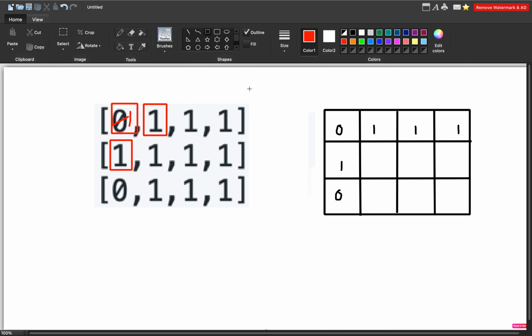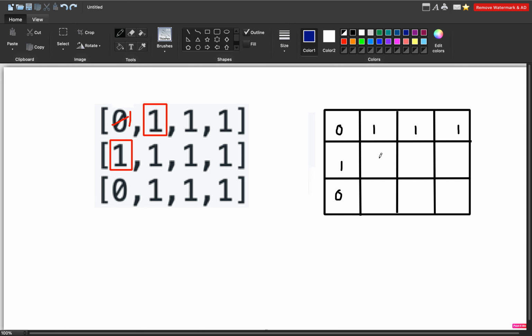Now it is possible that this one will contribute to make the side of the new square to be 2. It will contribute when this is also positive, this is also positive, this is also positive, right? So that is the reason we are doing it.